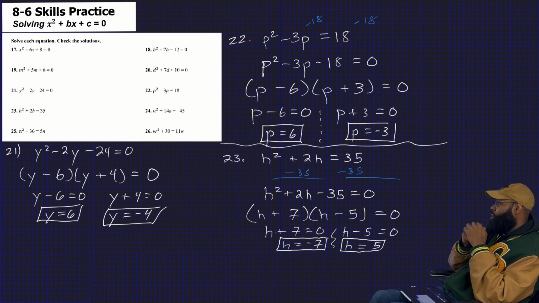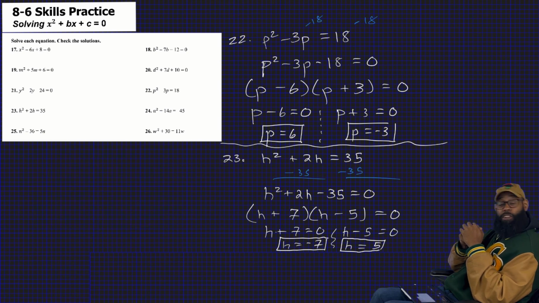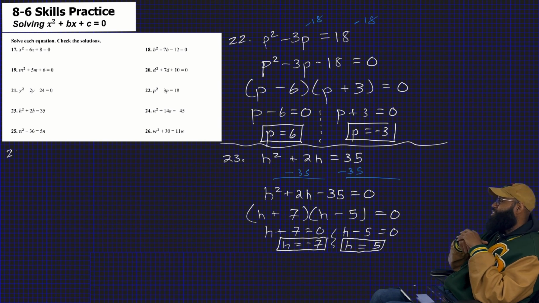All right, guys, looks like we've got just 3 left. And I think, like most handouts, they save the best for last. And they save the most challenging for last, right? But if you understand the concept, the curveball won't get you. If you understand the skill, then the mistakes will not hinder you. So